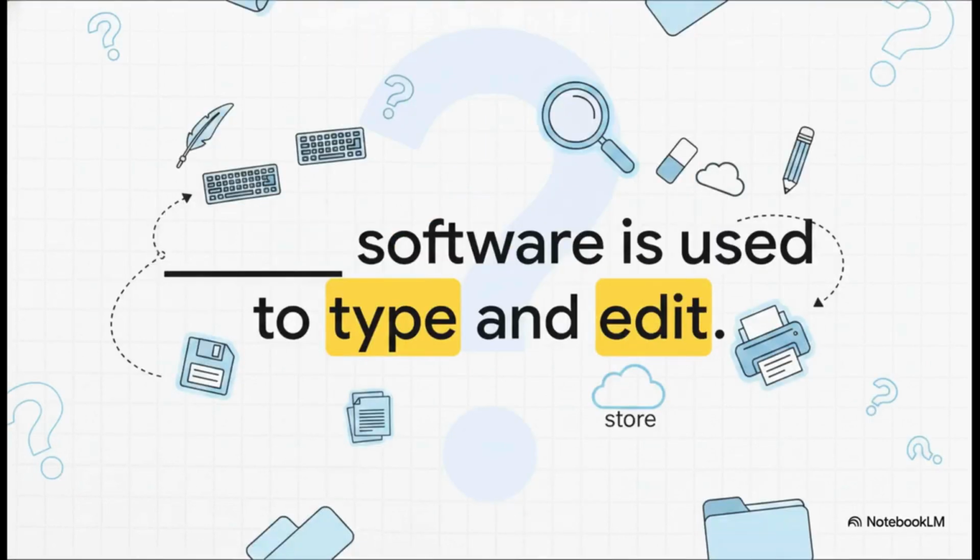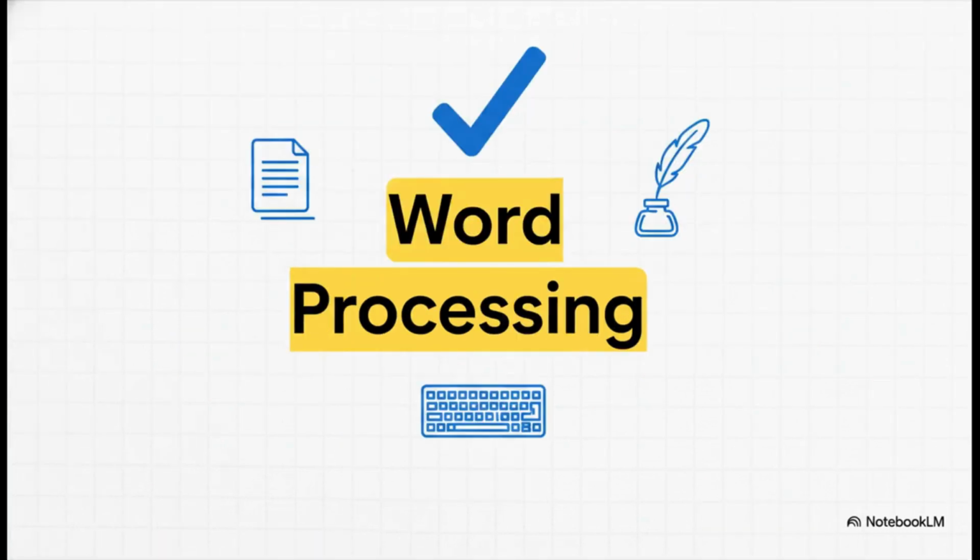Let's switch gears and try a fill-in-the-blank. Blank software is used to type, edit, store, and print documents. Think back to our discussion on application software examples. What specific category handles our text documents? If you said word processing software, you nailed it. Word processing software, like WordPad, WordPerfect, or MS Word, is the perfect, specific application tool designed precisely for typing and